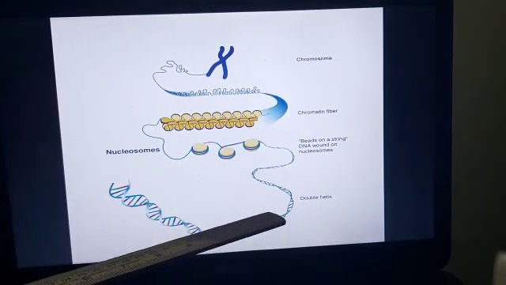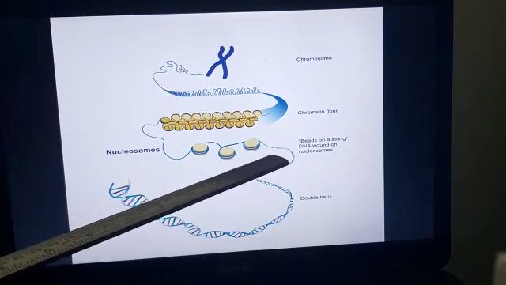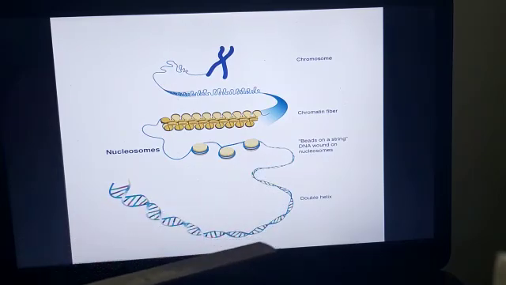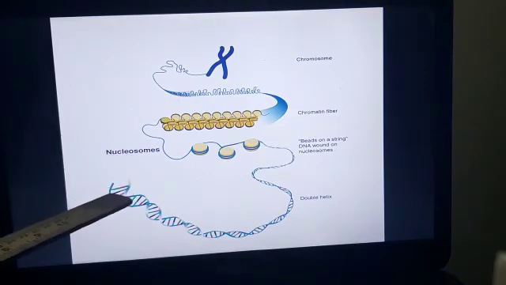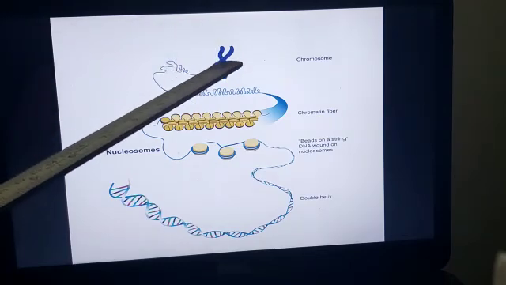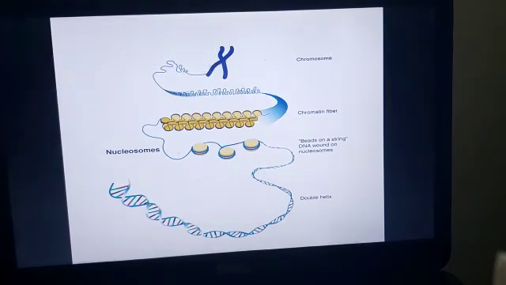And then ultimately, when you remove this nucleosome and unwind it, you will get the double helical structure of the DNA. This is the DNA and your genes are present here in this DNA. Now one more thing is here you can see that a point is present at the center. The point of attachment is called